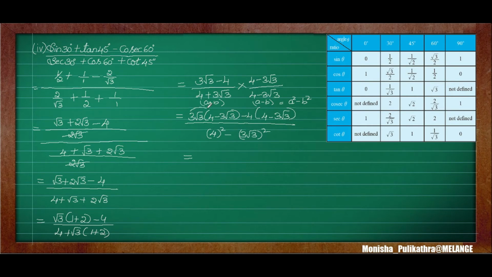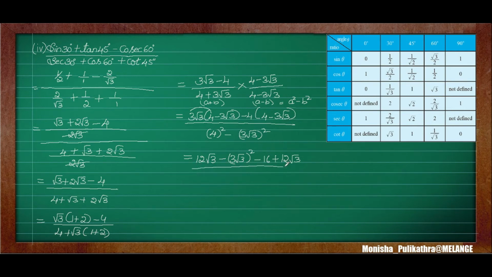Here only the number and number you have to multiply. Irrational number should multiply with the irrational number itself. The natural number should be multiplied with the natural number itself. Okay. So 3 4s are 12. Root 3 just write as it is. In the next set, 3 root 3 and 3 root 3. So it will be 3 root 3 whole square minus 4 4s are 16, minus into minus plus 4 3s are 12. Write root 3 as it is.